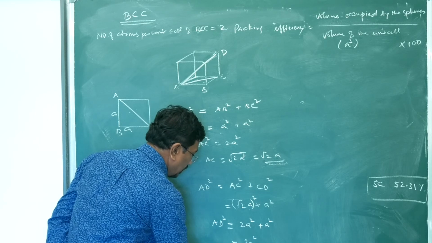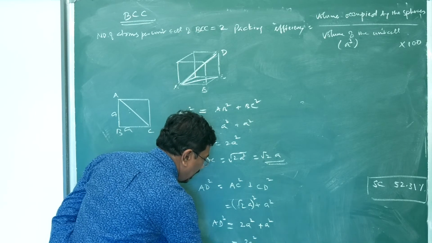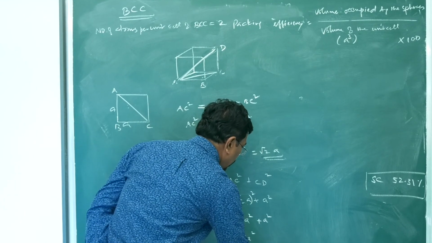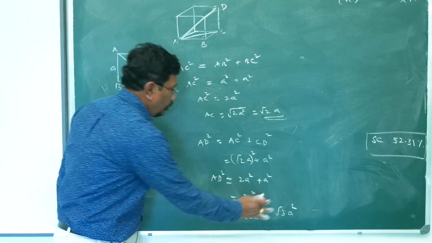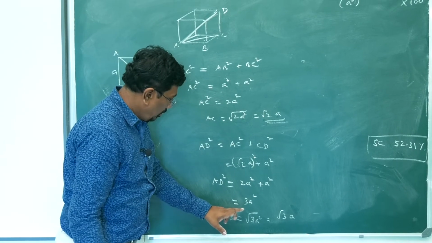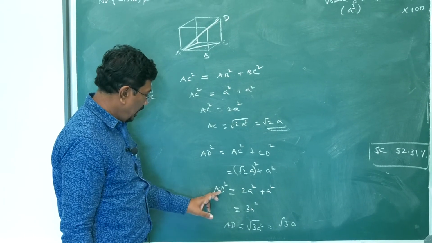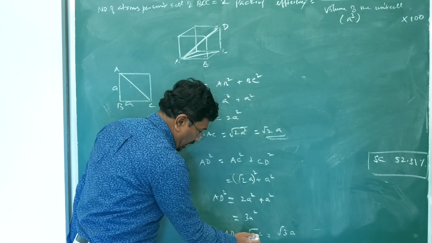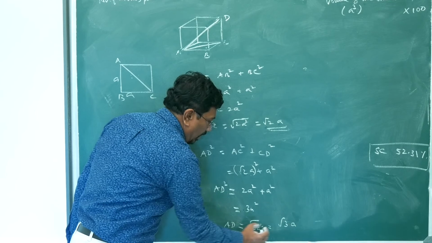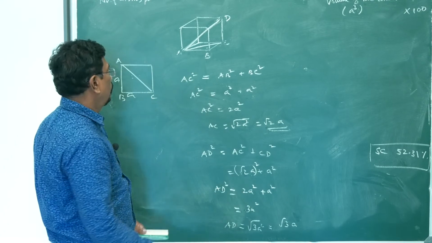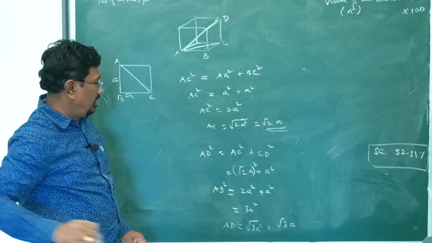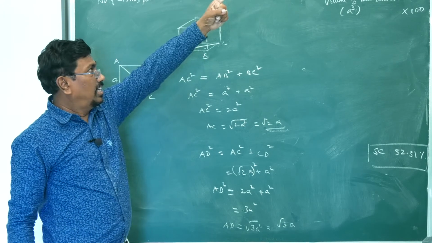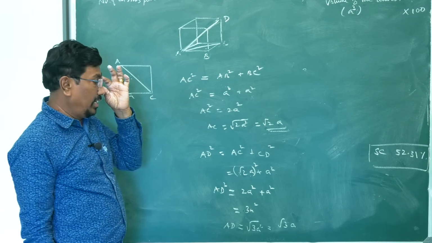AD is equal to root of 3A square. When taken root of 3A square, root of A square is equal to A, so root 3 A. So this diagonal length, crossing from that corner to that corner in the three-dimensional manner,